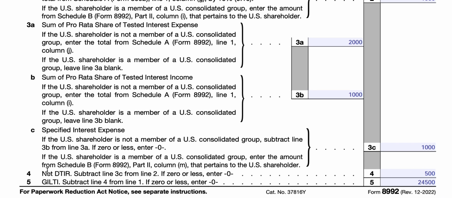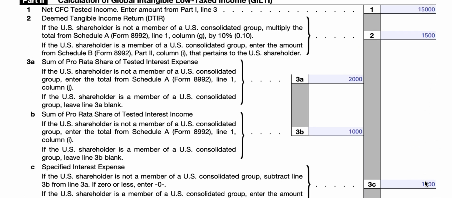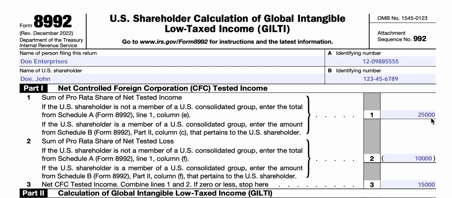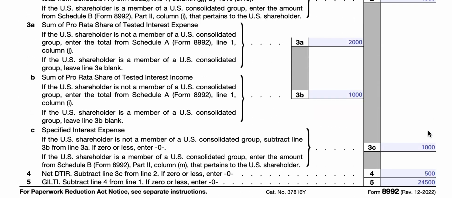To arrive at net DTIR, we would subtract the line 3C number from line 2. That gives us $500. And then to arrive at GILTI, we're going to subtract line 4 from line 1. So line 1 was $25,000. We backed out this $500, and we've got